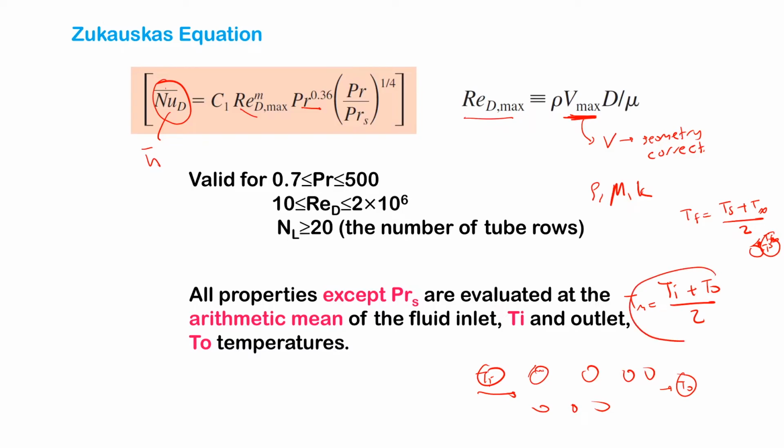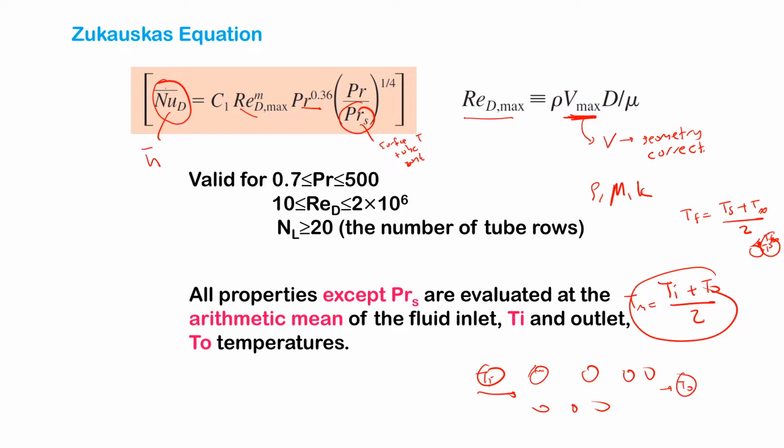Okay, so this is the way we need to average temperature, and we need to evaluate all the properties except Pr_s at that temperature. Okay, and Pr_s means the surface temperature. So this is the surface temperature of the tube bank. Surface T of tube bank. Okay,